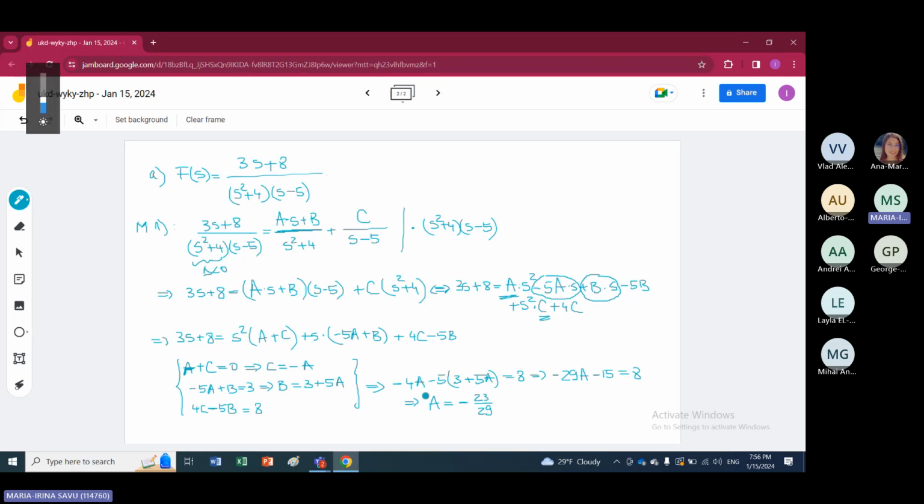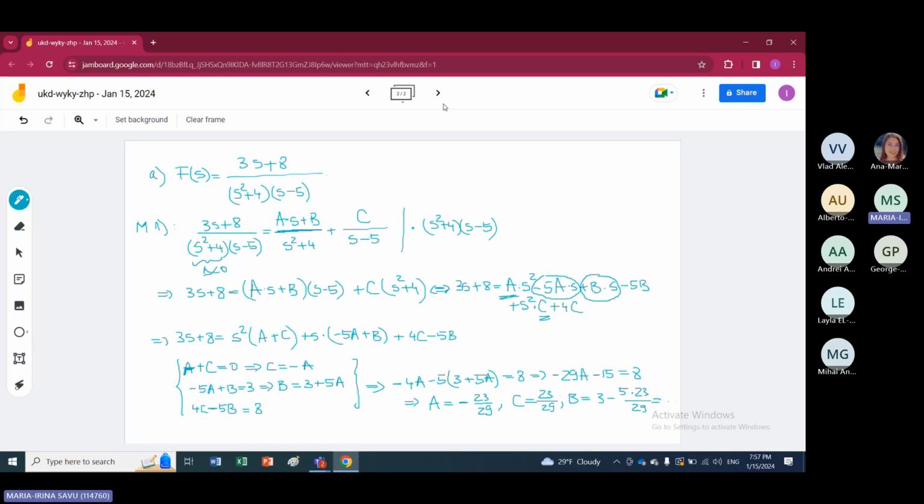Okay, so this is a, and it means that c will be 23 over 29, and b is 3 plus 5 times this one, so it's 3 minus 5 times 23 over 29. Okay, and here we must make some calculation,